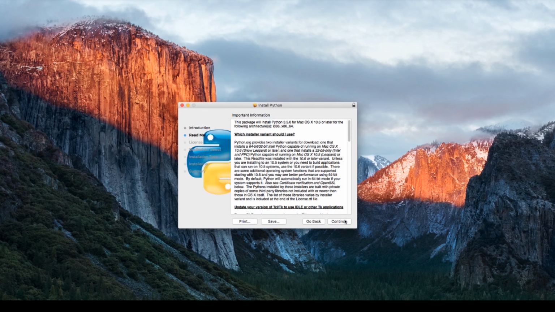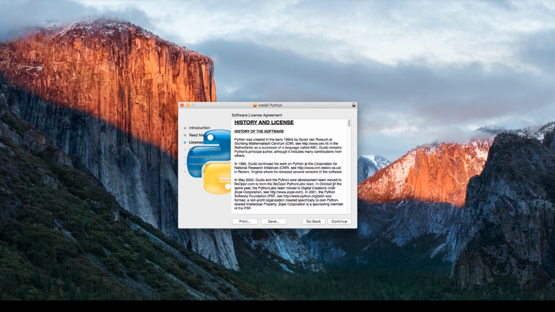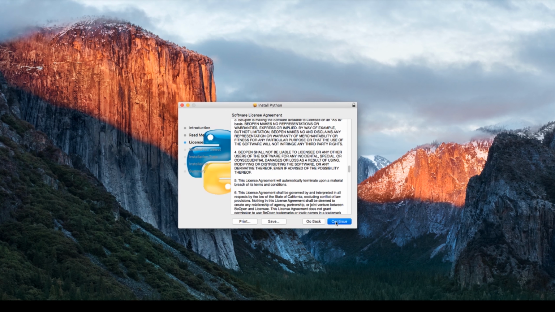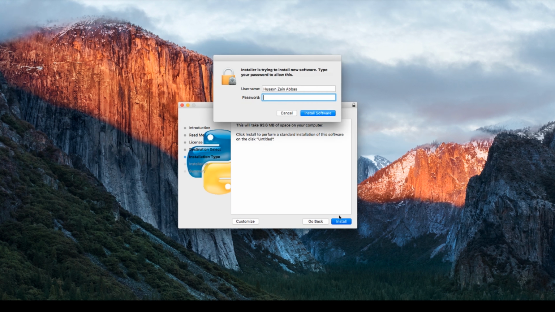So let's click on continue, and then after that, you can read this if you like, but I'm just gonna click on continue. Then after that, there's a history and license. Again, same thing. Click on continue, click on agree, and it'll tell you how much space you need, and you can customize where you want to install it. So install. I'm just gonna write my password real quick,